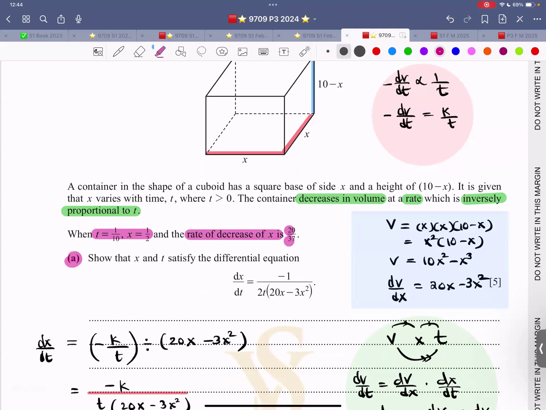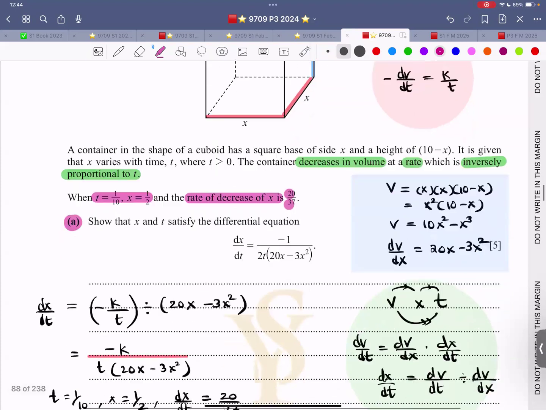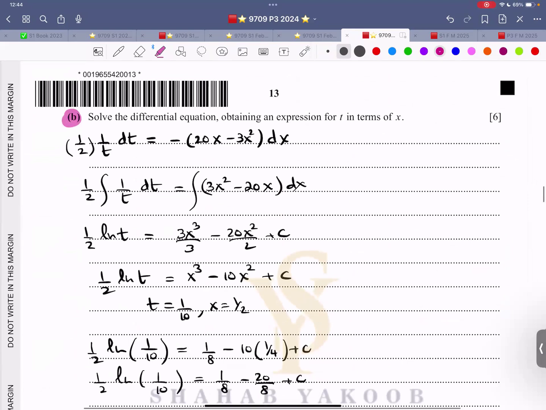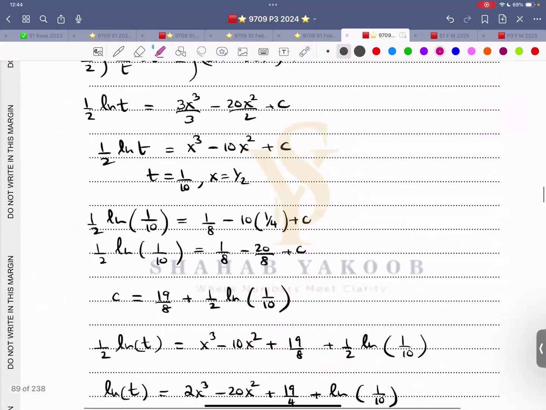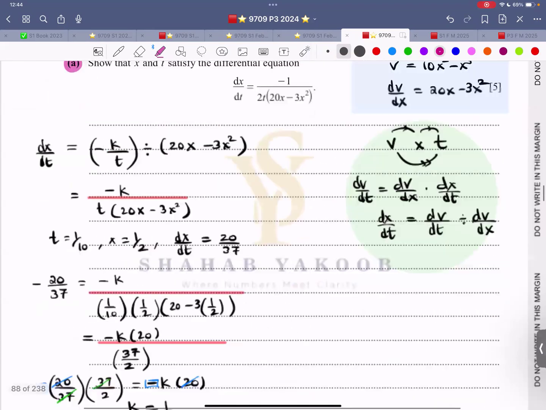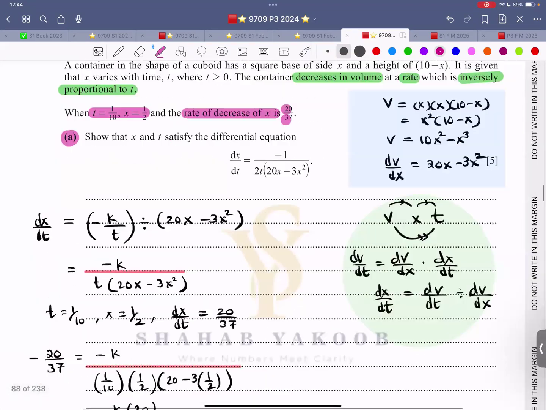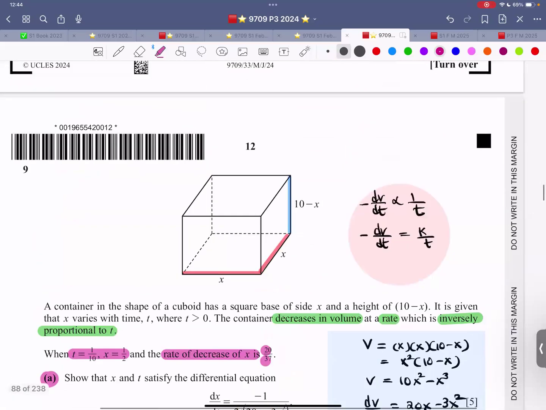And then it says, show that x and t satisfy this differential equation, and then solve this differential equation, obtaining an expression for t in terms of x. So now this is for how much? This is 5 and this is 6, 11 marks. All good? So now,